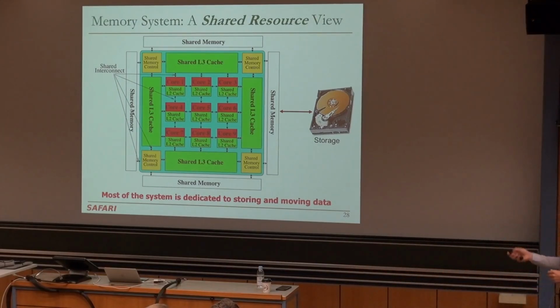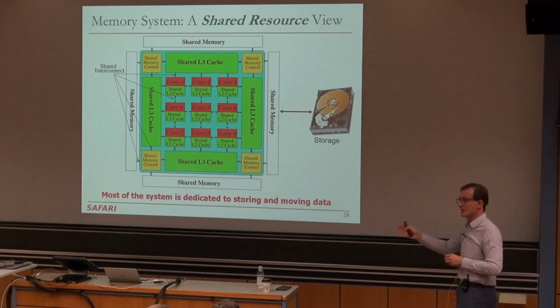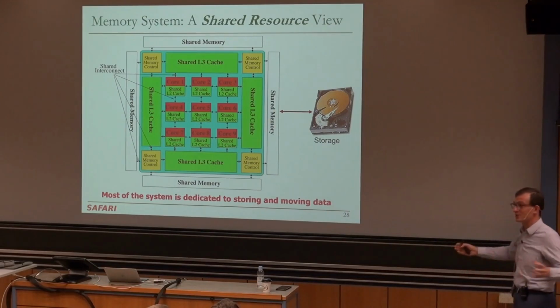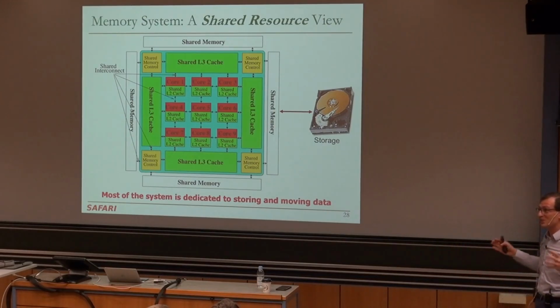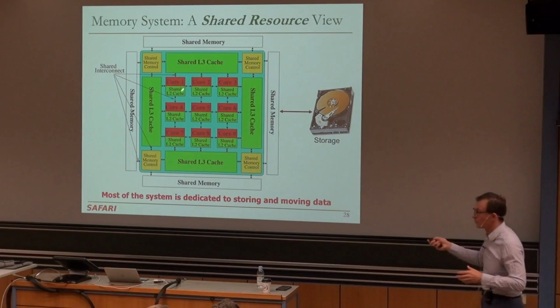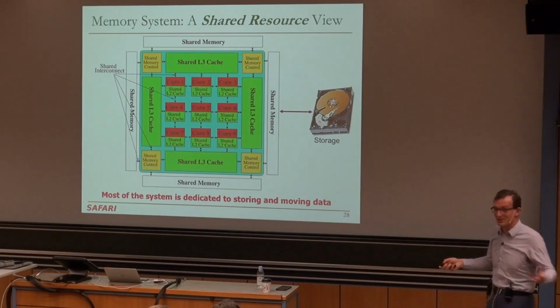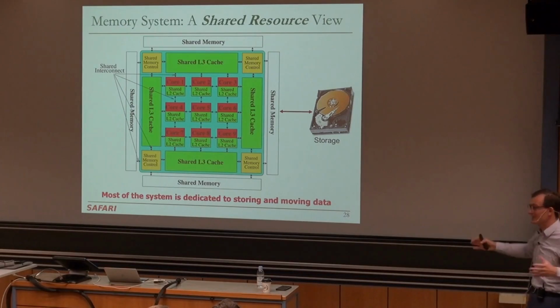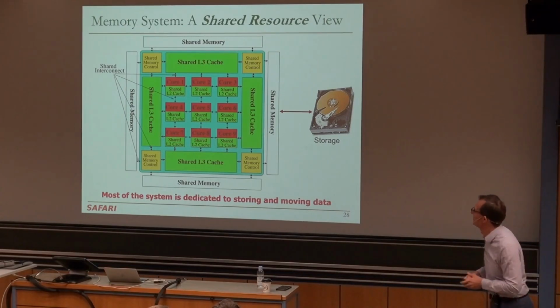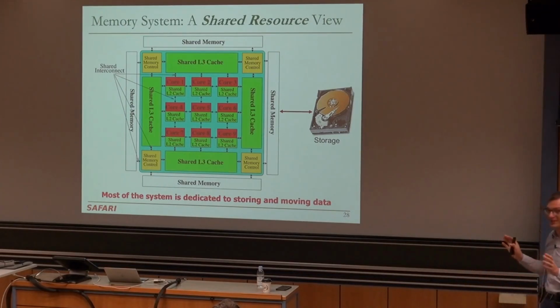But the design choices we made actually result in a system that looks like this. And if you quantify this, actually definitely more than 80% and more than 90% of the system is dedicated to structures that just move and store data. Even if you look at the cores, there's an L1 cache over here which is not depicted. There's a register file. There's a lot of interconnect to move the data from there, right? So most of the system, computation is very little actually.